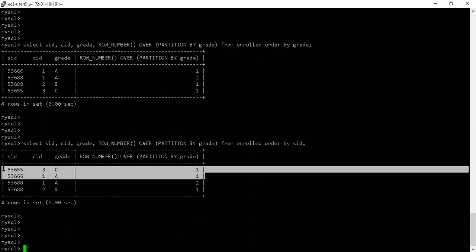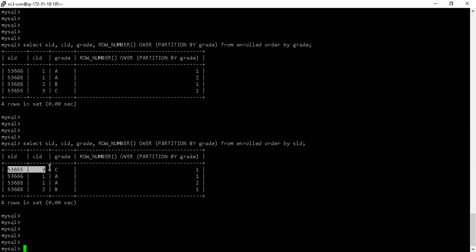The first, second, and fourth rows have come in a single cluster, right? Why? Because the combination is unique, based on the grouping that I'm trying to use. The partitioning is now done by grade. So if I'm partitioning by grade, then this is C, this is A, this is B. And of course, the combination along with the rest of the two columns is also unique. Hence, I get the unique value.